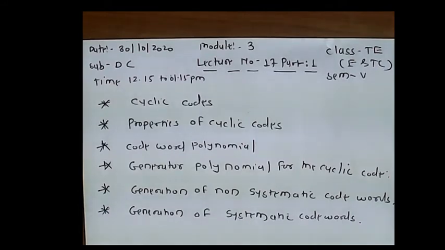Today I am going to explain a new code, that is cyclic code. In this lecture we are seeing the properties of cyclic code. There are two properties, linearity property and cyclic property. Then code word polynomial, generator polynomial for a cyclic code, generation of a non-systematic code word and generation of a